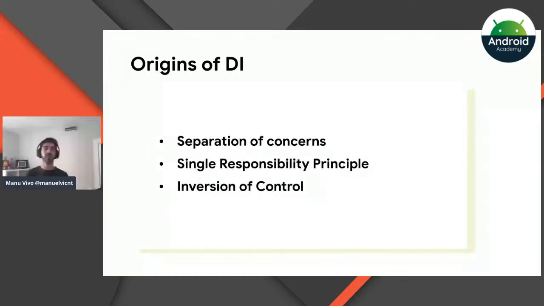And of course, then with object-oriented programming, inversion of control came, saying that the control of a class should be passed from outside instead of the class managing everything on its own. And then dependency injection is just a way to do this inversion of control. But let's stop being theoretical about this and let's see an example.